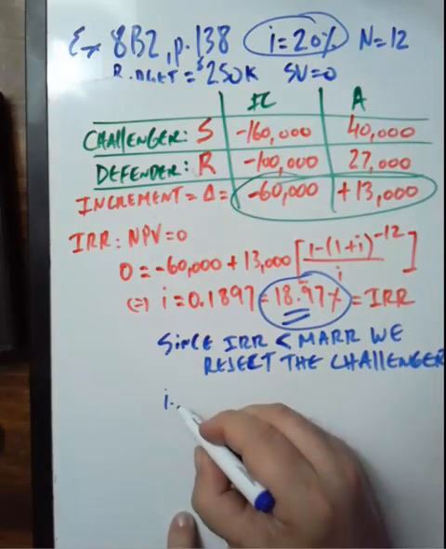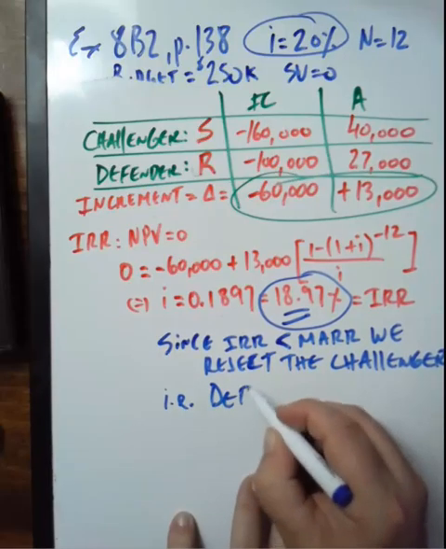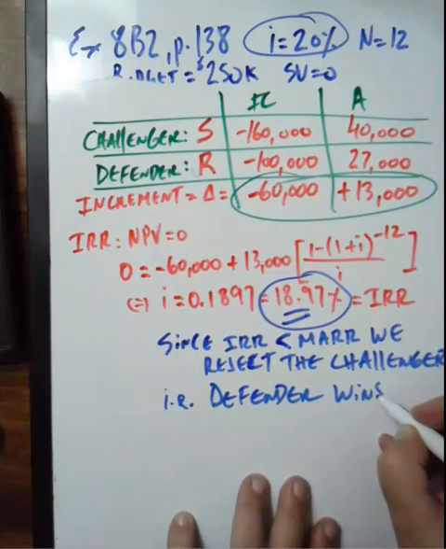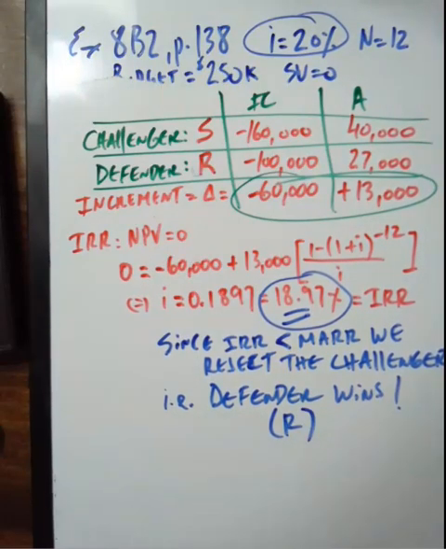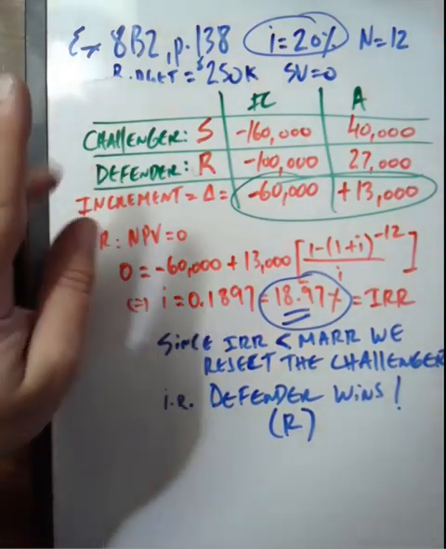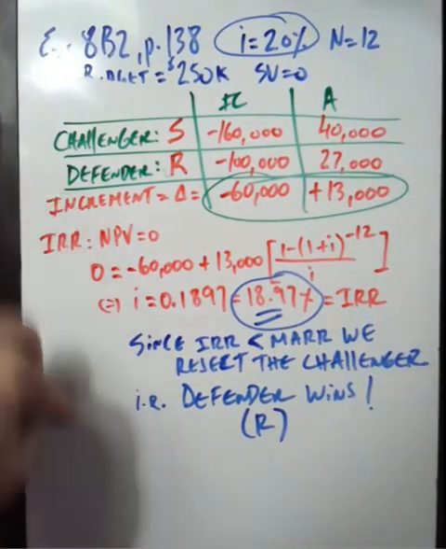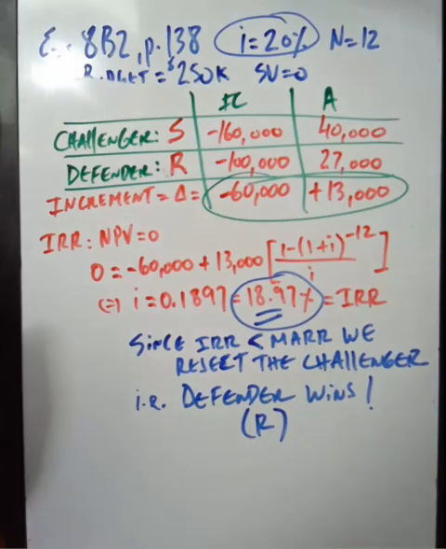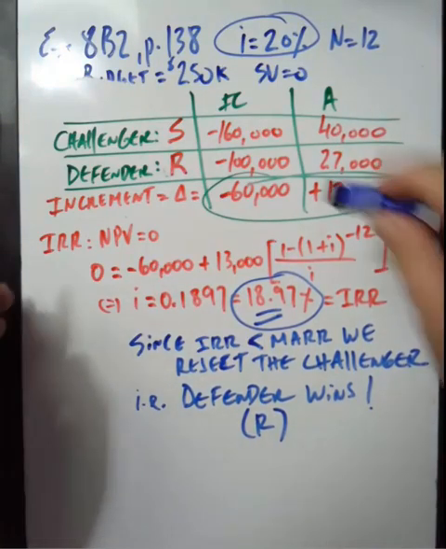The same is to say, defender wins. That is, project R wins. So project R won this fight and is now going to be compared with the next least expensive option, and that was the deluxe option. So the defender remains the same,